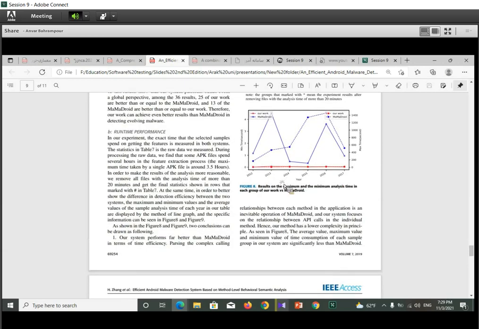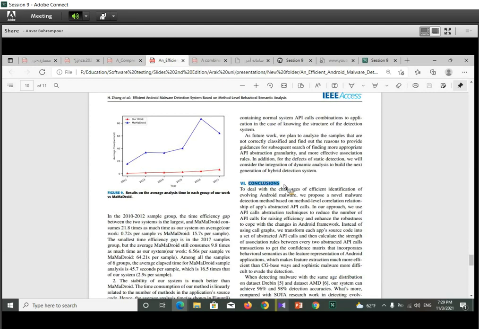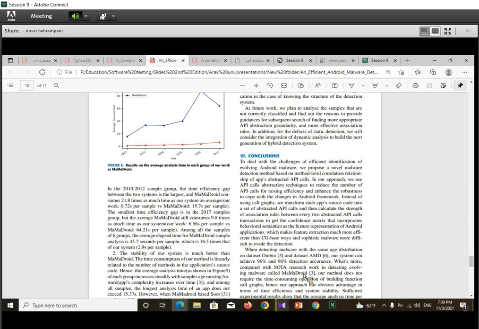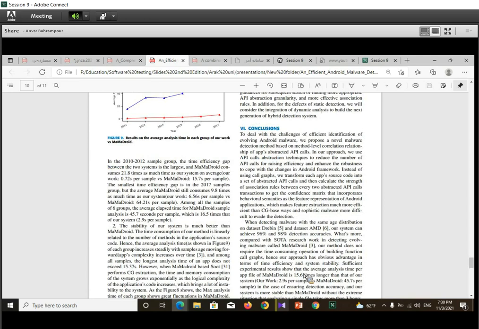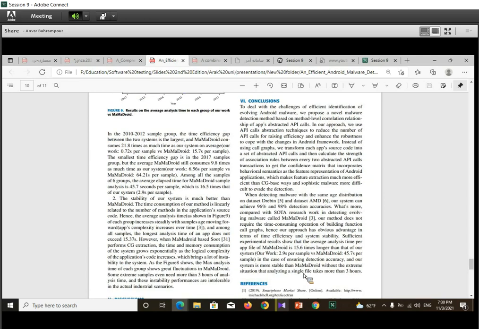The conclusion part concludes the problem, the proposed solution and the results achieved by this research work, and more than this, some future work, some hints, some directions are written for further research, for defining new research works.